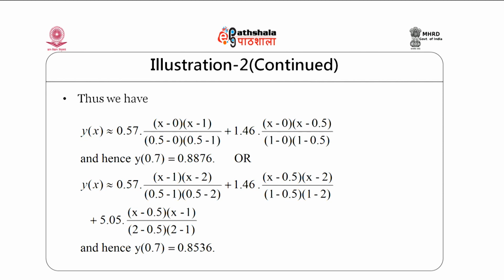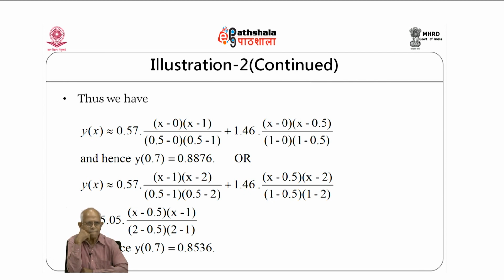So this is what we are doing, and for that again we write down this quadratic interpolating polynomial as y(x) equal to 0.57. Now here there will be two factors because it is quadratic. So x minus 0, x minus 1, and in the denominator we will get 0.5 minus 0, 0.5 minus 1, plus 1.46 into x minus 0 into x minus 0.5, over 1 minus 0 into 1 minus 0.5, and hence I will get y at 0.7 will be equal to